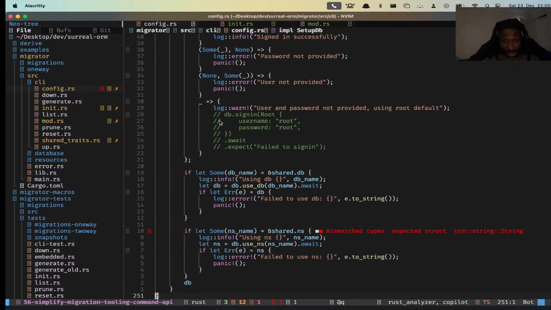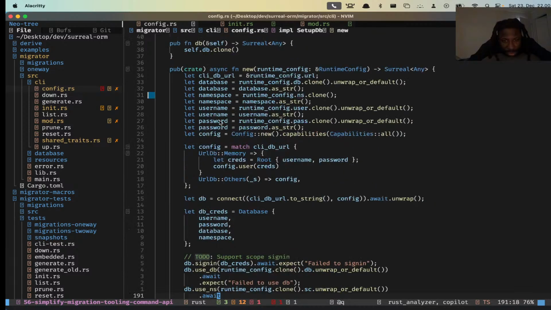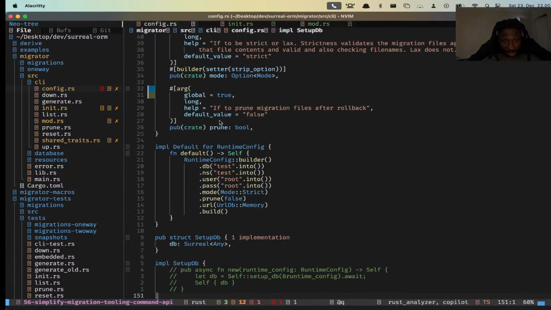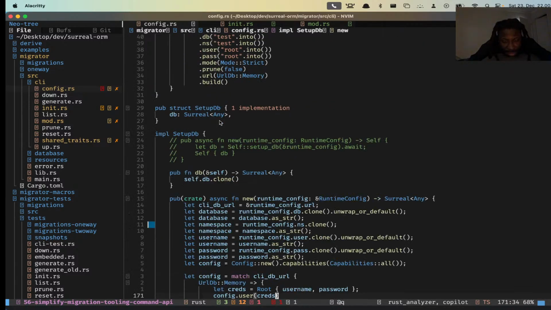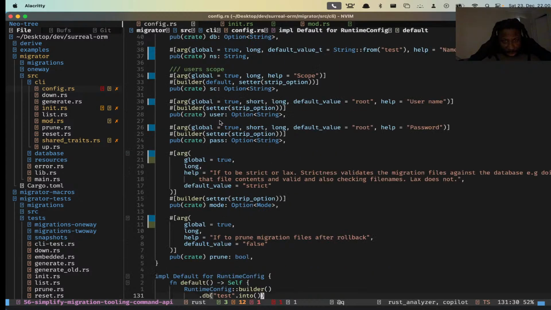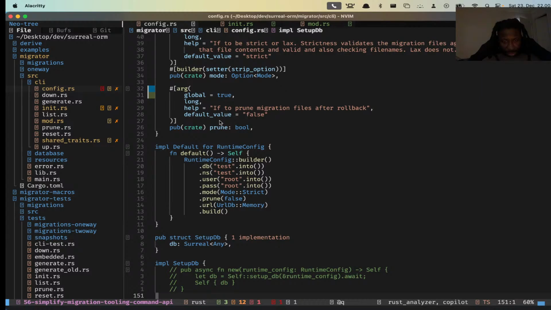And actually, when you look at this now, this setup DB class becomes quite redundant, and I would argue we're better off just implementing this differently, because with this we could probably do something like